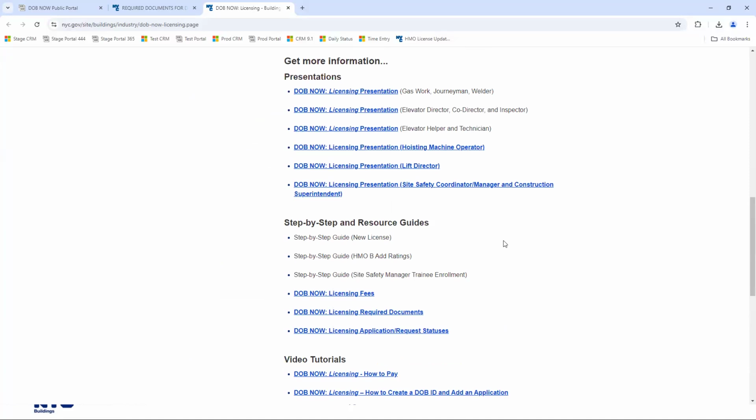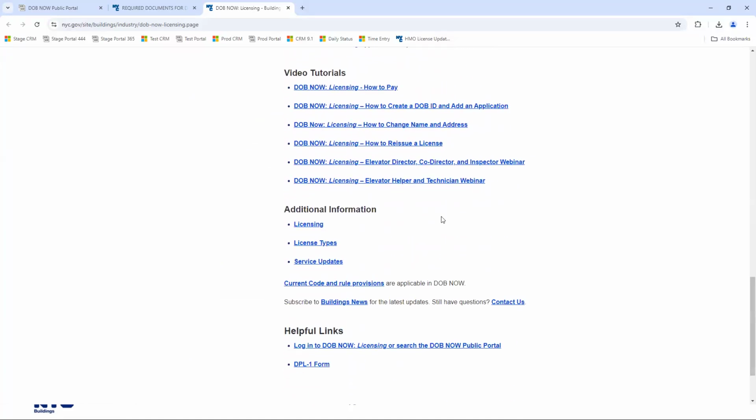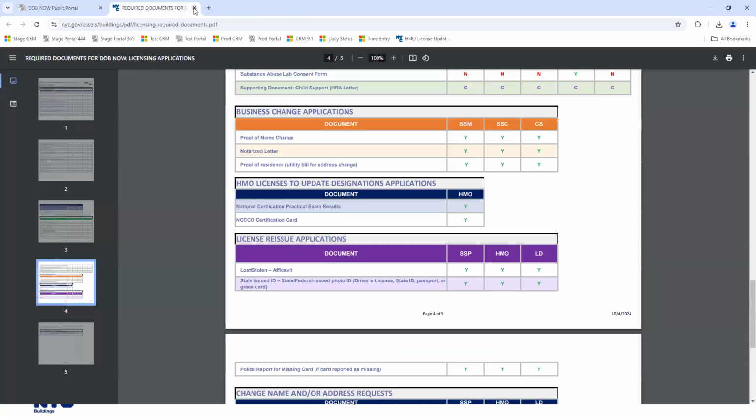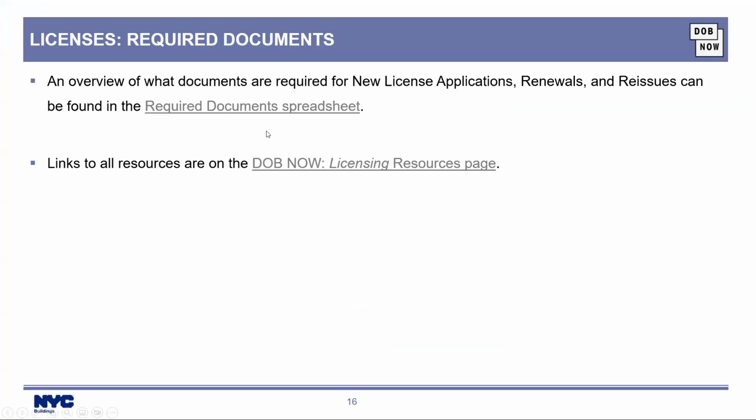This is the PowerPoint. You'll be able to see step-by-step and resource guides. There are some video tutorials for slightly older stuff, and there are some additional information materials. I'm going to close these tabs and go back to my presentation. So I highly encourage you to download a copy of this presentation so that you have links to all of this.